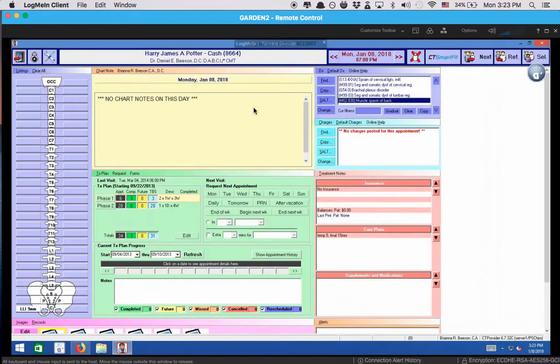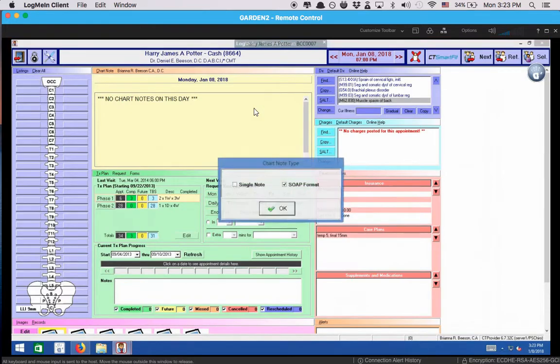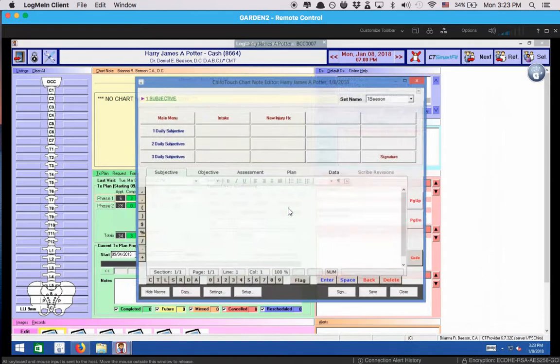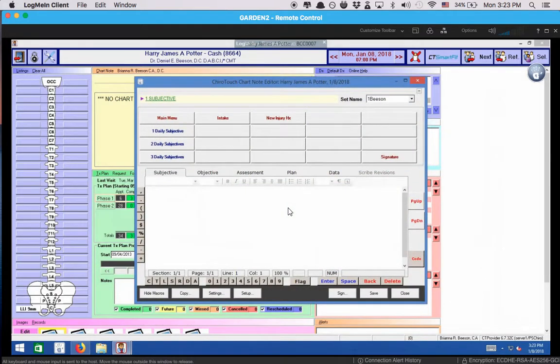So first thing that we're going to note is that this is a different macro set or button set that you guys have been using. It has everything that we used previous to it, but nothing that we didn't use. So mine automatically pops up asking me which SOAP note, and as you've seen in Dr. Beeson's, it's automatically a SOAP note that gets brought up. So this is what the new subjective portion of the SOAP note within ChiroTouch looks like,